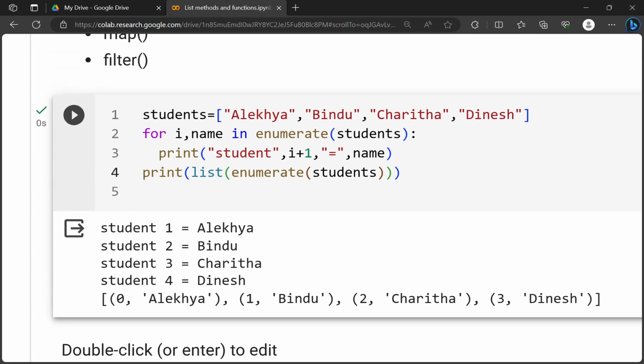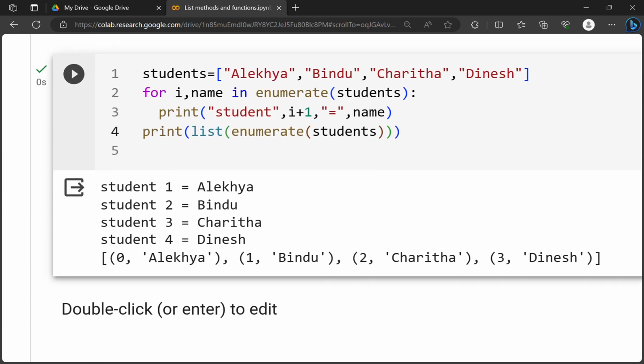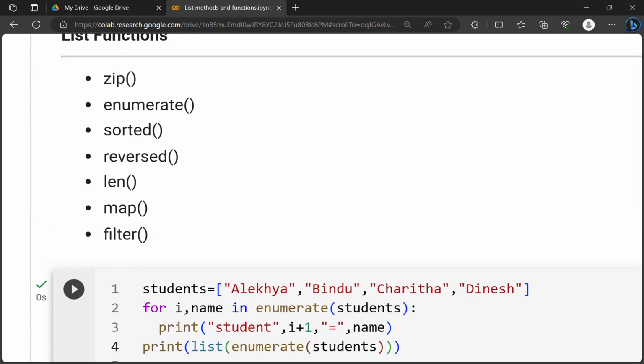So these two elements I have read into i comma name. This is how we use enumerate. Enumerate is used to count the list elements or to keep track of the list elements by their position. Okay. Next let us see